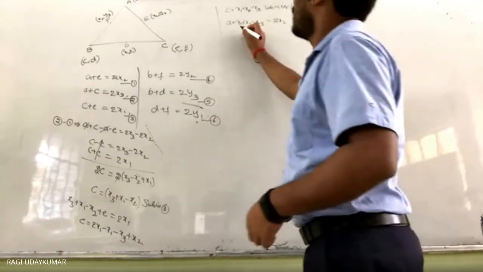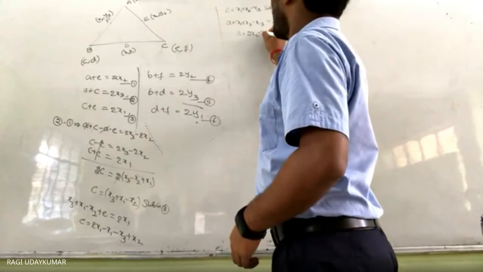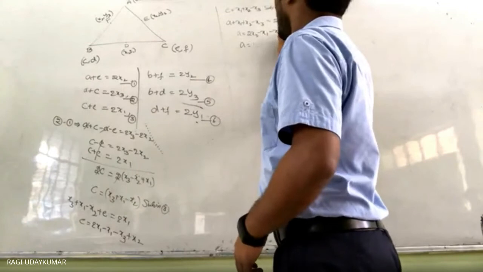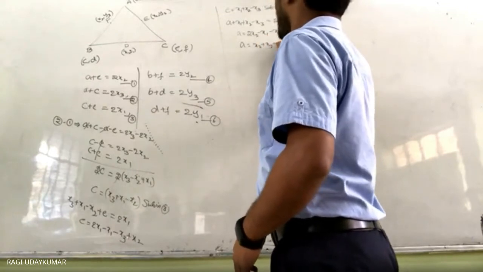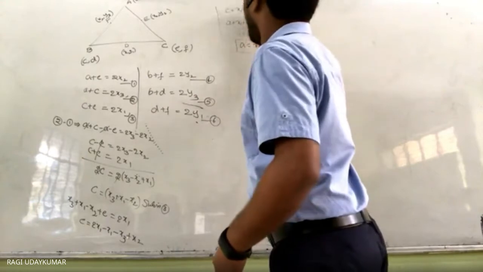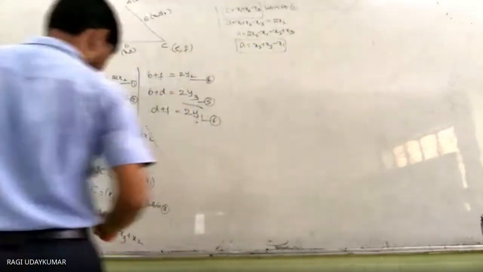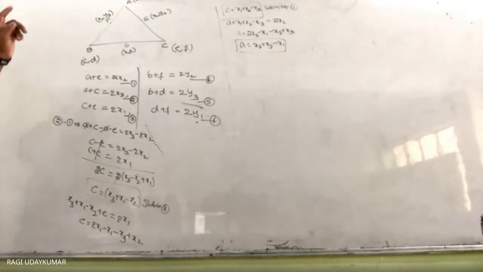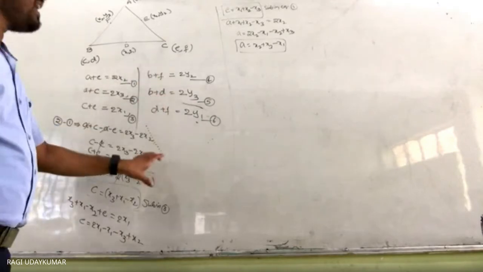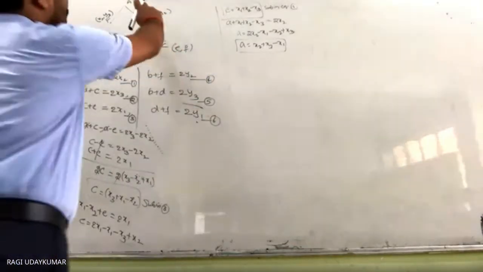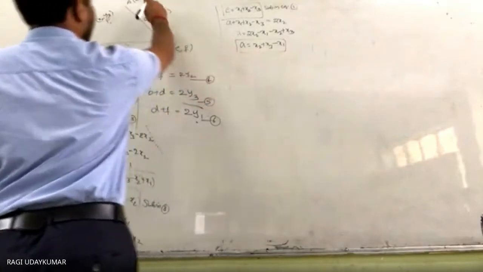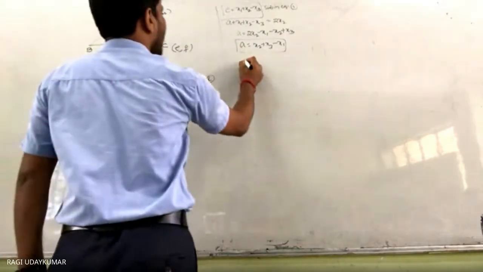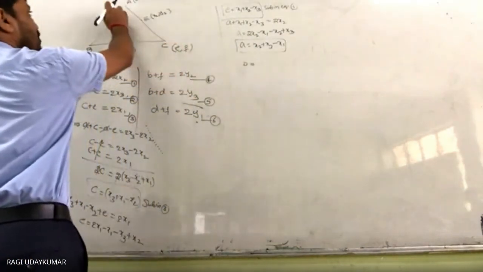So let us see here. A is equals to 2x2 minus x1 minus x2 plus x3. So A is equals to x2 plus x3 minus x1. So this is A, this is E, and here this is C. Okay? In the same way, by eliminating similarly, we are going to get the B value. A value, what do you get here? x2 plus x3 minus x1 you got. In the same way, we are going to get the B value y2 plus y3 minus y1.